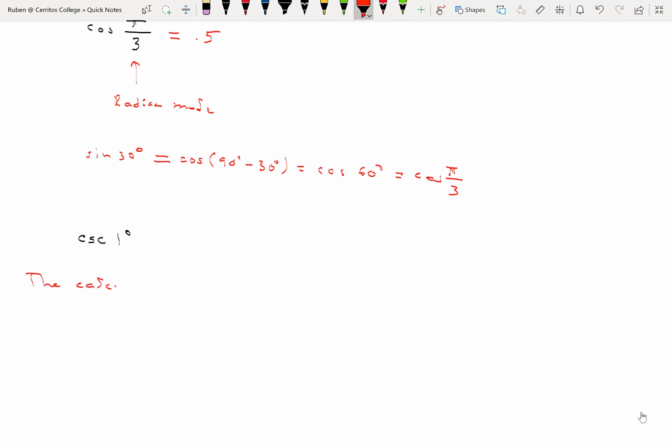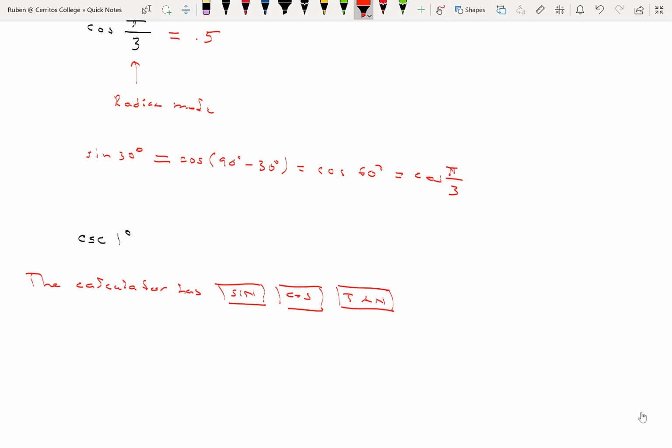The calculator has sine, cosine, and tangent. It does not have cosecant, secant, and